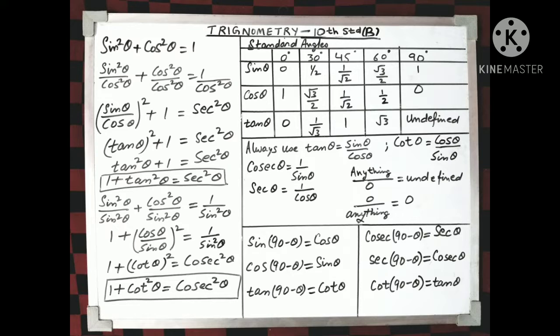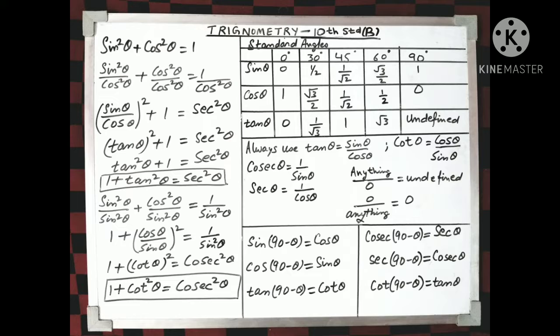Right? So these are 3 very important identities which you will be using while solving trigonometric problems, especially in the questions where you have to prove the identities, or prove left hand side is equal to right hand side type of questions, right? And also always remember that sin theta by cos theta is equal to tan theta, and reverse is cos theta by sin theta is equal to cot theta, right? So if you remember these 5 things, this chapter will be very easy for you. Now let us move on to the next part.